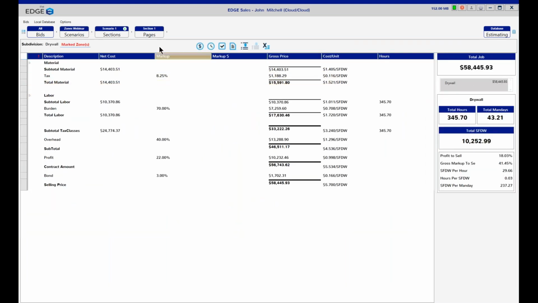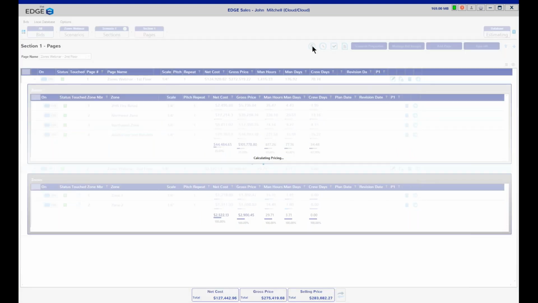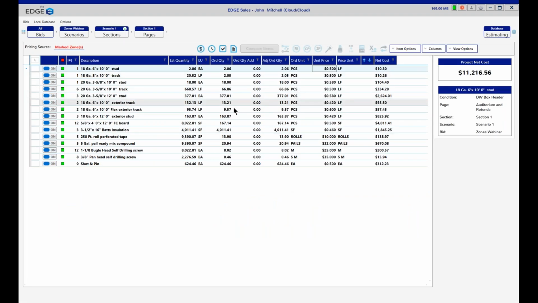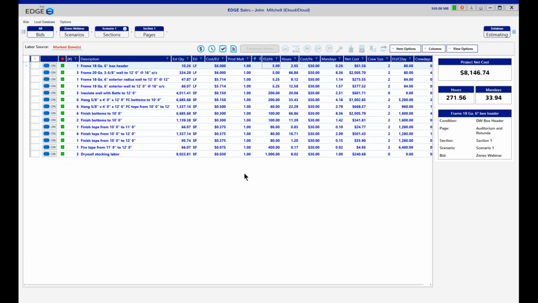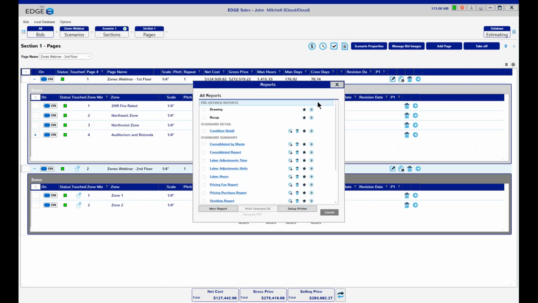58,400. Well, it's the same. If we wanted to see just the materials for one zone or multiple zones, we could go to the pricing screen on that one zone, and we're seeing just the materials for the auditorium and rotunda. It's the same for the labor screen and the recap screen, but the real pièce de résistance here is reports, because we can print a stocking report for any zone or multiple zones